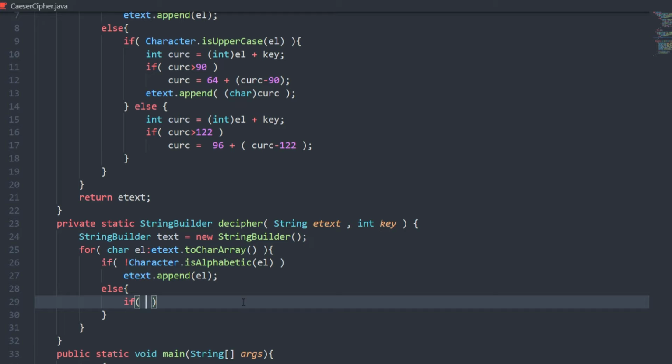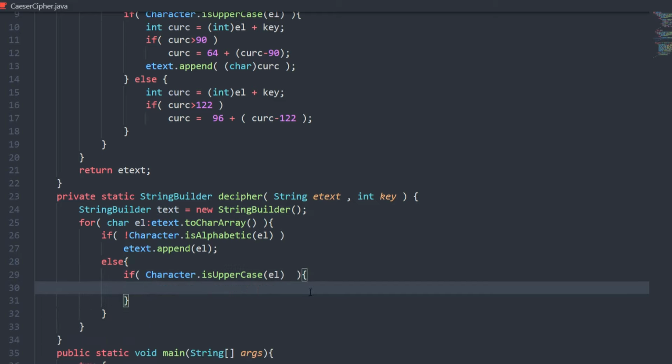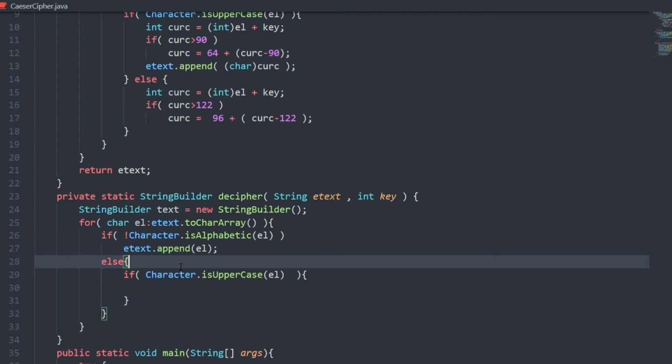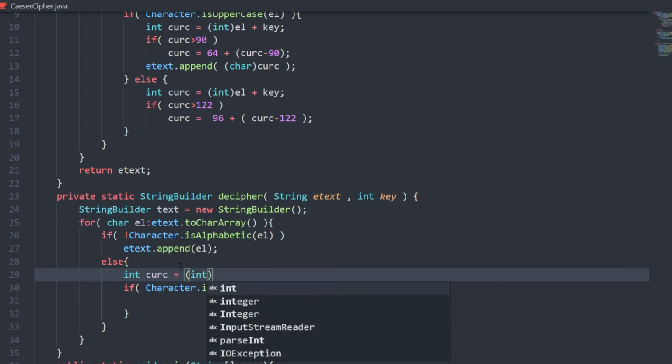And now else, if it's an alphabetic character, then we have to decrypt it because it was encrypted. So we will just check if a character is uppercase, so we can copy it here. As we know, ASCII values for uppercase and lowercase differ. So we can just calculate current C here, which would be equal to the integer of our element minus key.